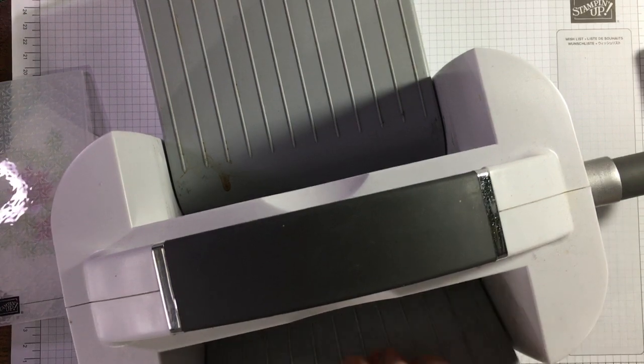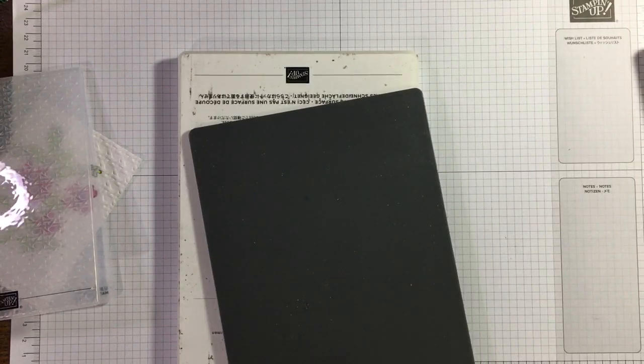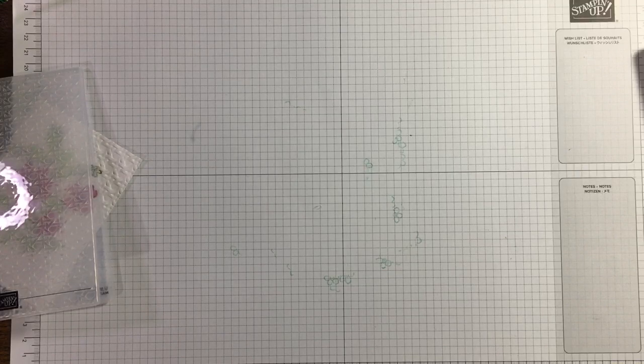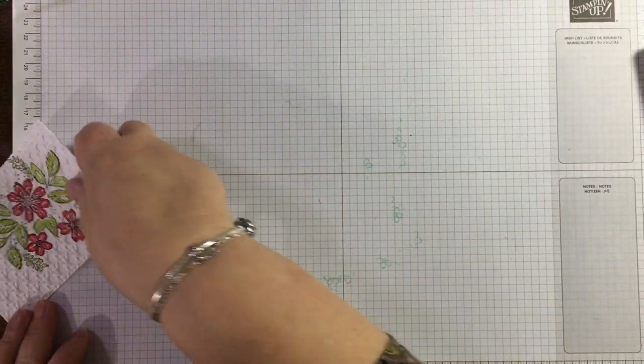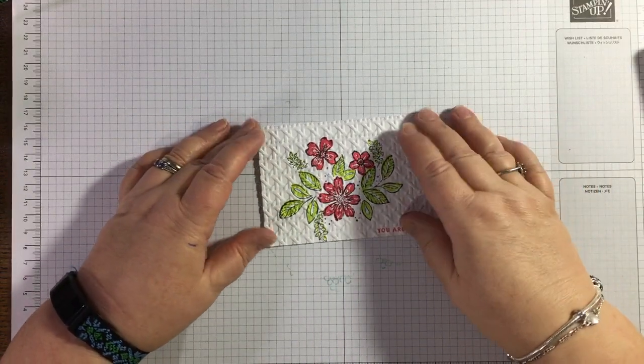What I love about this machine is the fact that it does fold up, and so does the mini. It makes it much easier for storage. And there's my folders, pop that over there to get put away. So that is the main part of my...